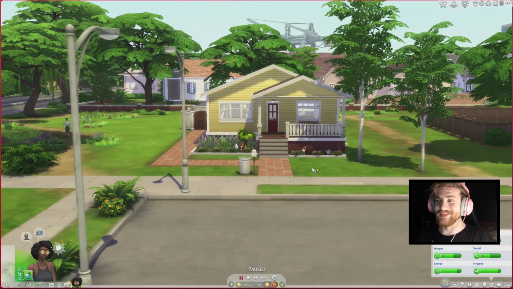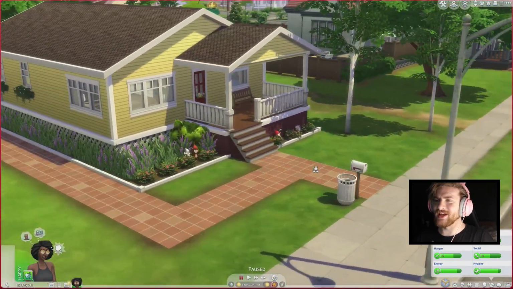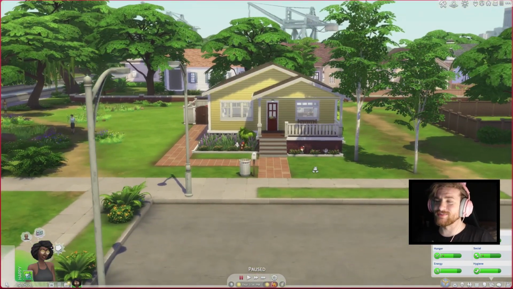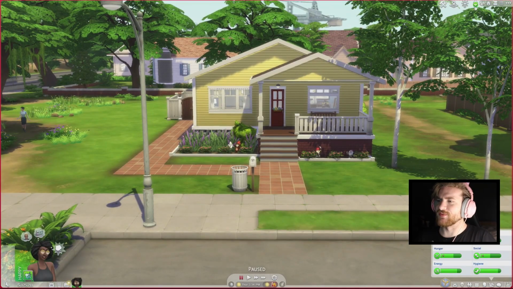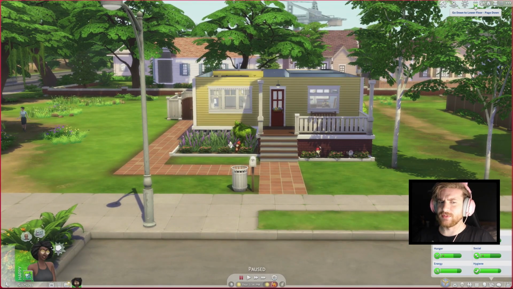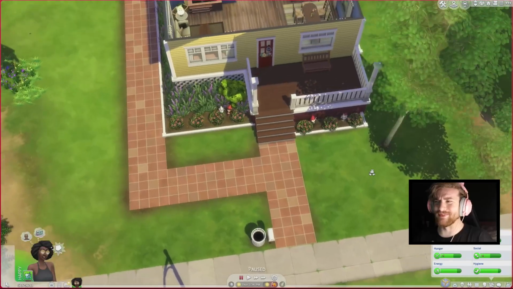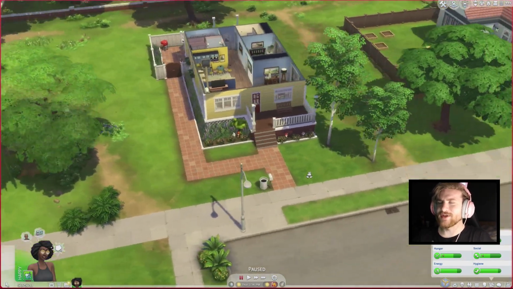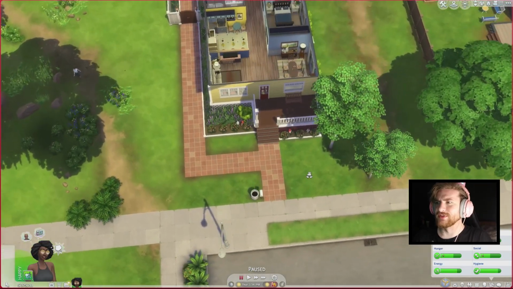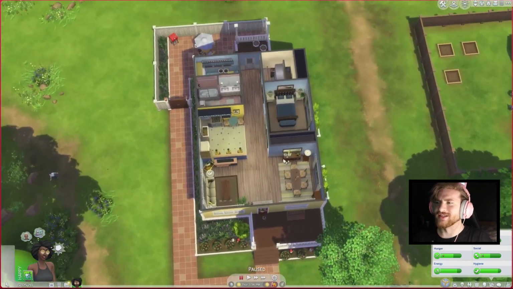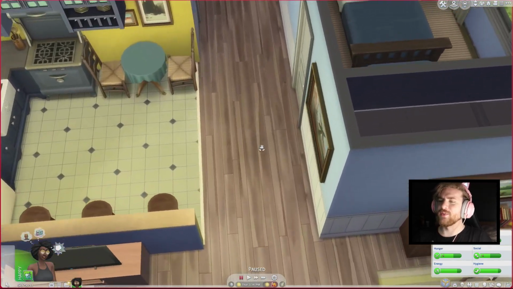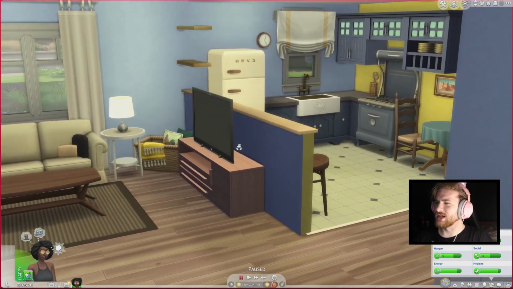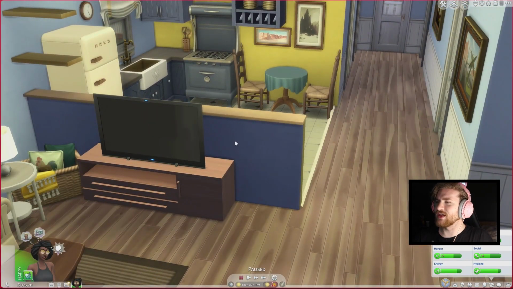Here we are back in the game. This is the front of the house. I do think this place is really cute, as mentioned before. It's just traumatizing to me because I know what happens in this home. And I also based it in this neighborhood kind of because it looks like the starter homes that we got in The Sims. Now, when we enter, this is just the little kitchen, TV area,